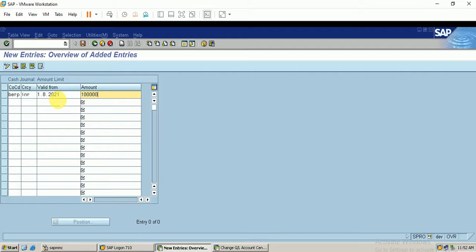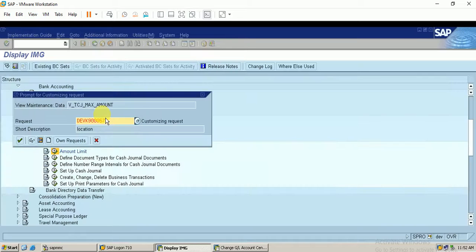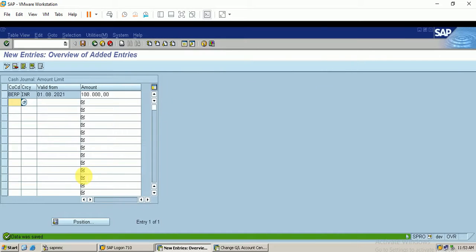With this, I maintain 1 lakh rupees, and my cash journal will have an amount limit of 1 lakh. Just save this entry. I had not included this during my configuration, so I made it here. I'll just go back.